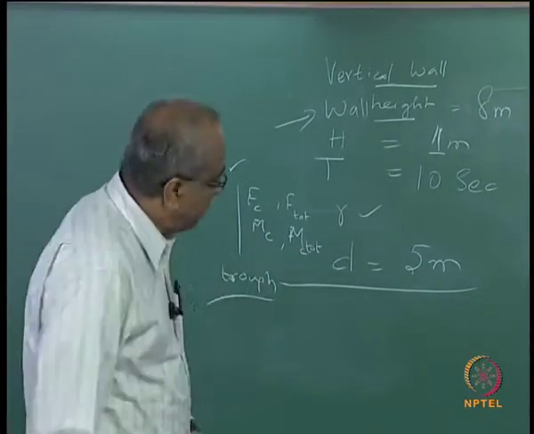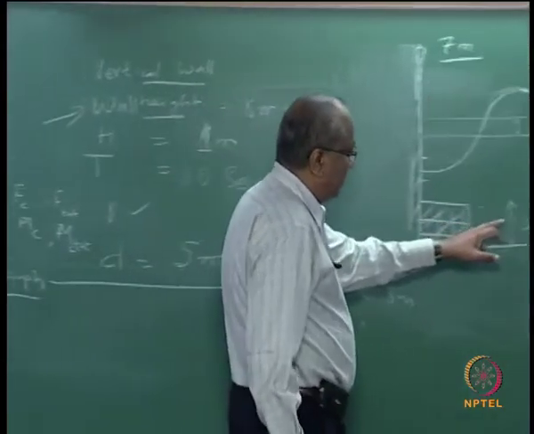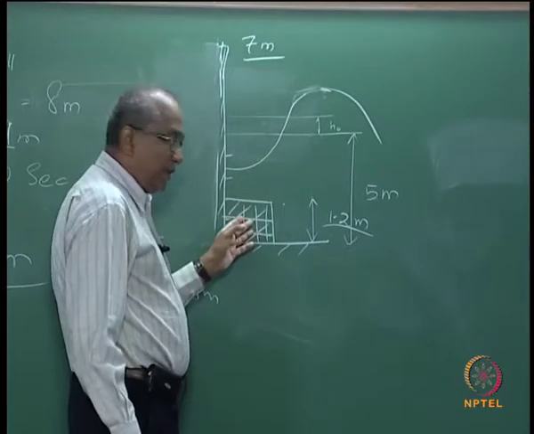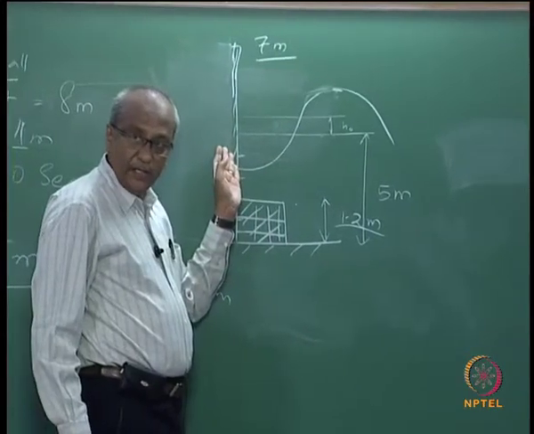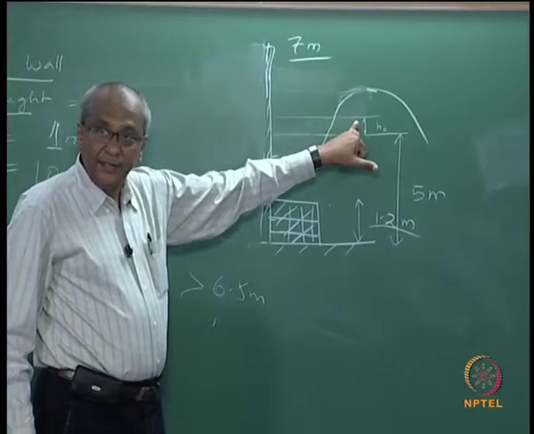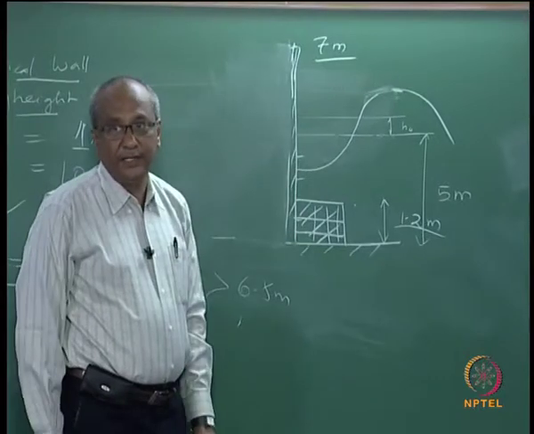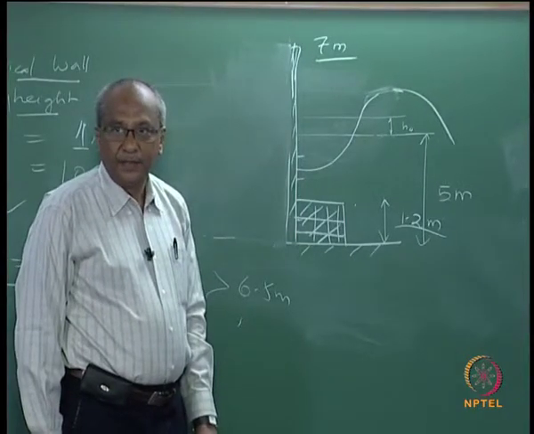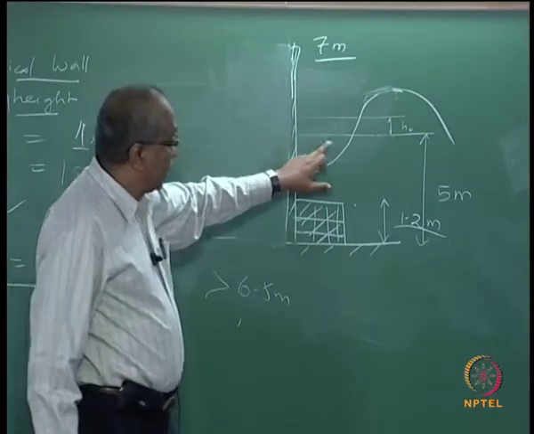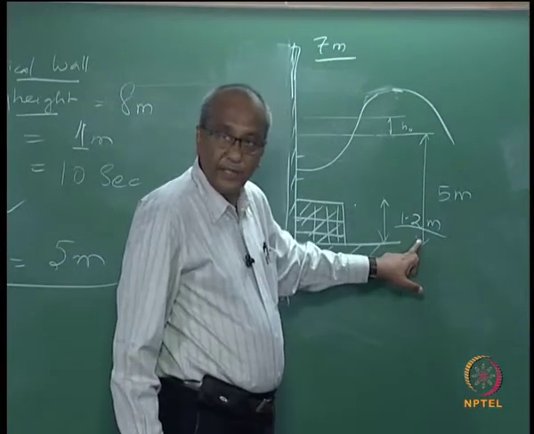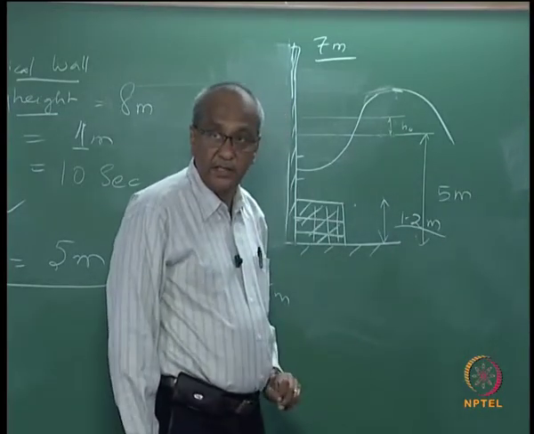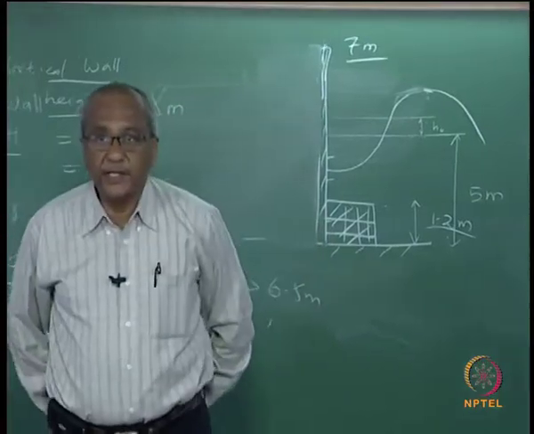Okay. Now you see that if a 3 meter wave height comes, it is likely to break before it reaches the wall, provided the height of the clapotis is not going to increase significantly. When you mention 3 meters wave height, that time you consider only 5 meters, but you need to also take care of H naught. How is H naught calculated?